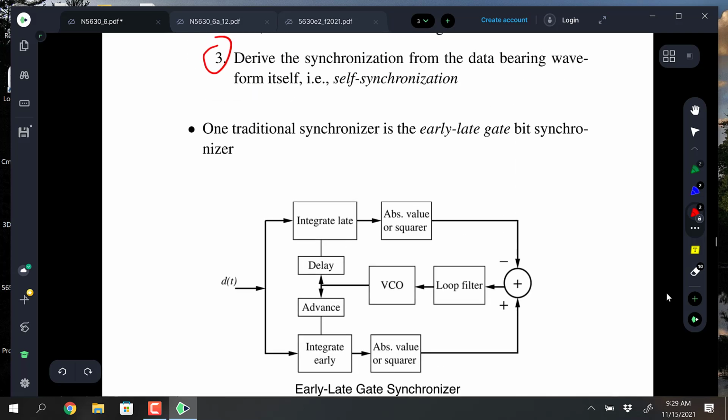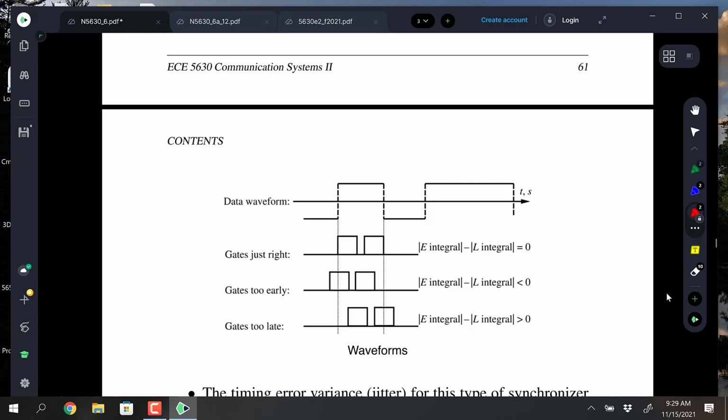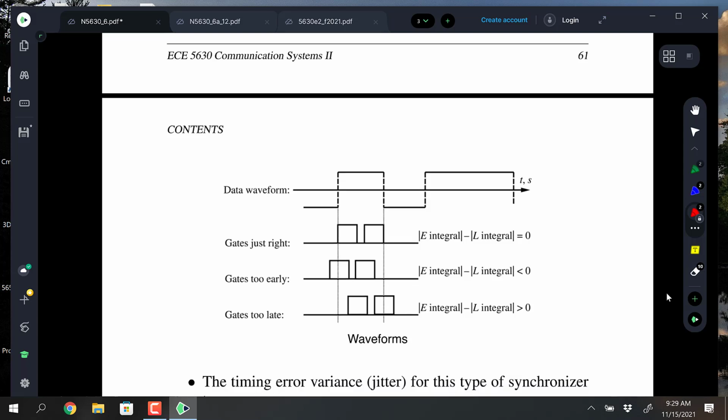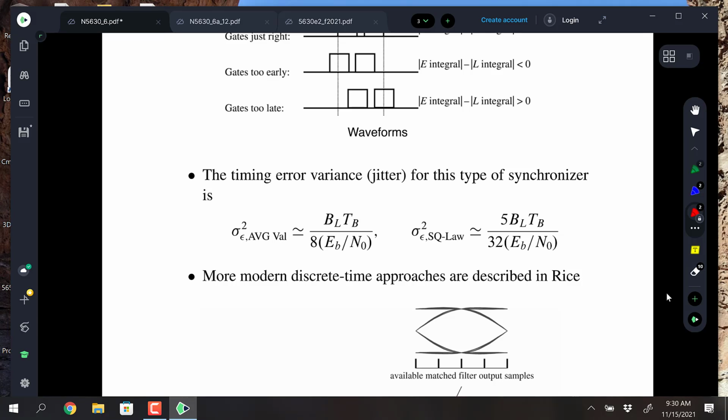So one early algorithm is called the early late gate bit synchronizer. This one's talked about in the book, where you have this absolute value and squarer, and you integrate the early half of the bit and the late half of the bit. And this is kind of what it looks like with the data bits. So you have a gate that's sliding. Now you have to realize that the clocks aren't synchronous. The gating is actually sliding along, but it's trying to grab onto the edges of the data waveform. And the early and late gate is going to give you a value that's 0 if it's perfectly aligned, as it shows here, or has a negative error or a positive error if it goes one way or the other. So it's trying to pull it in through a clock that can be controlled digitally. And so the book